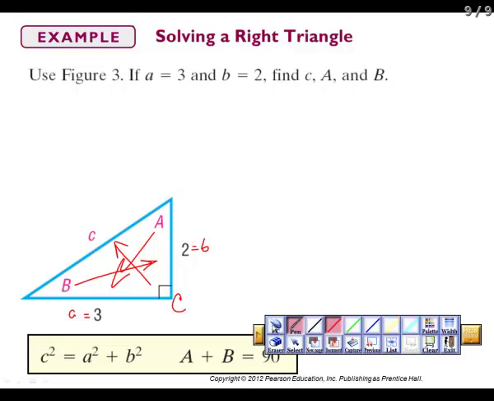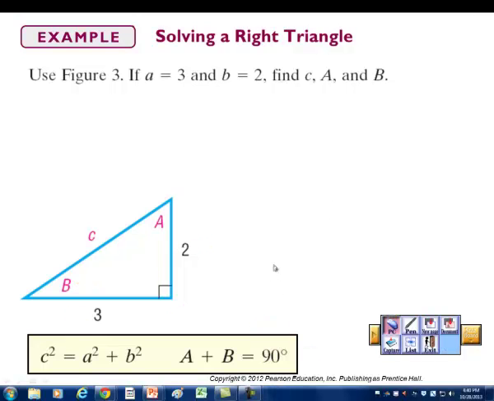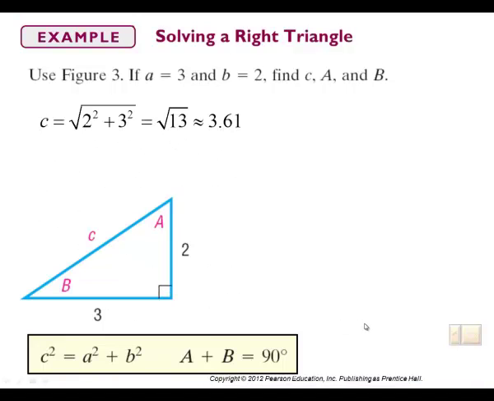Alright, so knowing that we have our values in here, but notice we don't have any angles, so we can't find our angles yet, but we can find our third side. And how do you think we're going to do that? You should have said that we're going to use the Pythagorean theorem, because we have a right triangle. So we go ahead and apply,